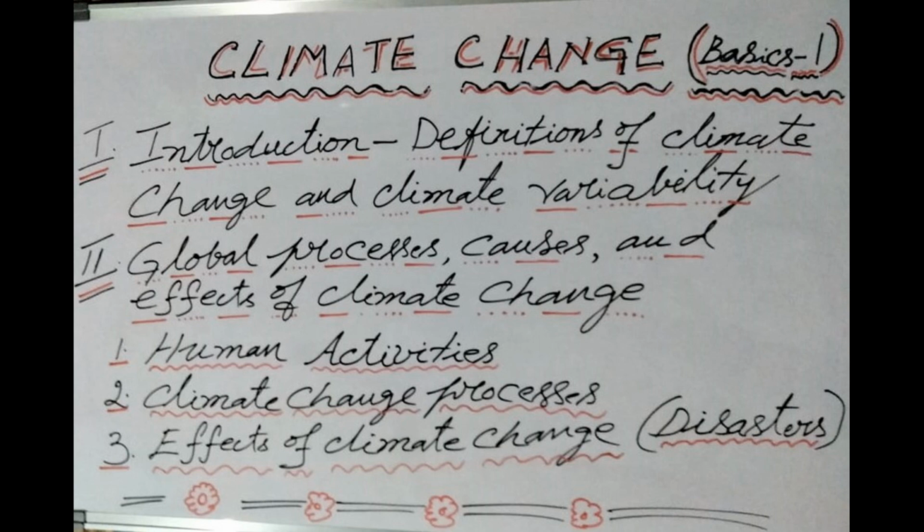So, to sum it up, human activities are causing land use change and fossil fuel burning. When human activities are causing land use change and fossil fuel burning, it is resulting in certain climate change processes. Among the innumerable climate change processes, one is the enhanced greenhouse effect. Not greenhouse effect, enhanced greenhouse effect. So, what exactly does it mean?